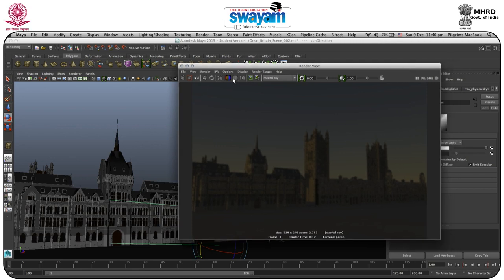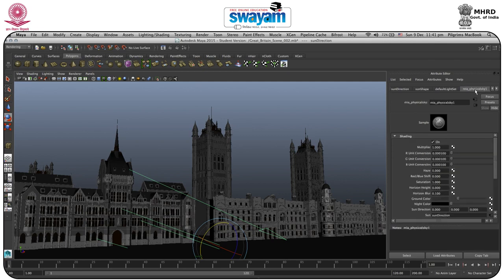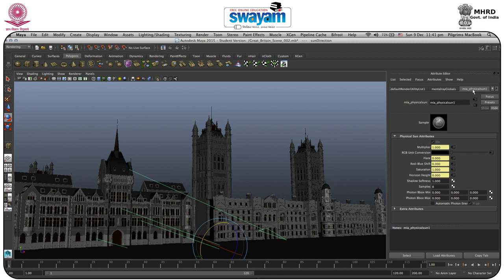Okay, so in this way you can add your mental ray physical sun and sky, and it's very important. If you are working with one light, you should work with two or three more lights, which we have discussed earlier. One more thing: if I go to the attribute editor, you have the mental ray physical sky, and you have the mental ray physical sun. If you go to the physical sun, you have the shadow sharpness, which is just below. Okay,